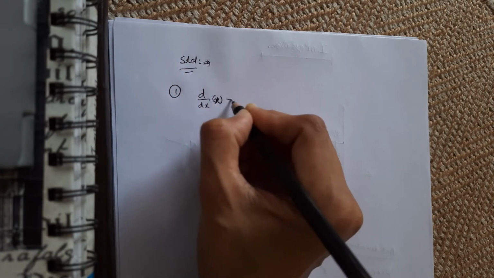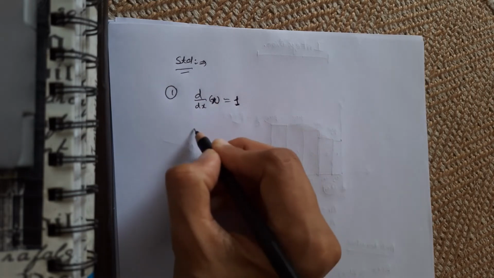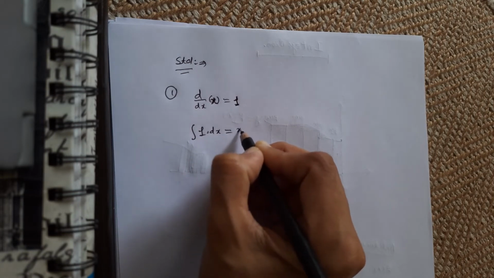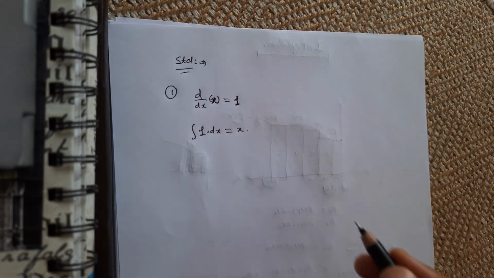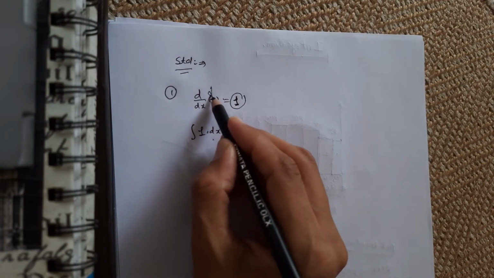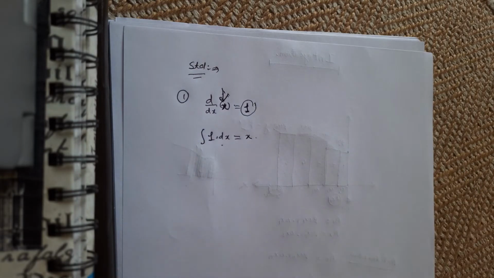For example, since we know that d/dx of x is 1, right? From the antiderivative part of integration, I can write that the integration of 1 into dx is equal to x. It is the antiderivative. If I integrate this with respect to x, I will get the original function. That's the basic idea. Similarly, I am writing the standard functions that we studied, the same way as we did in the derivative.